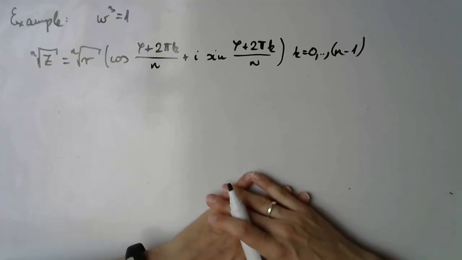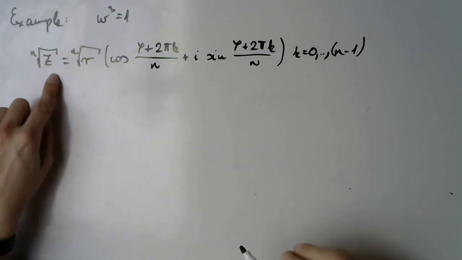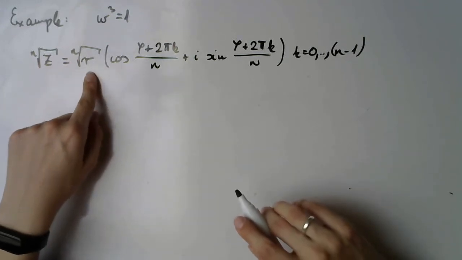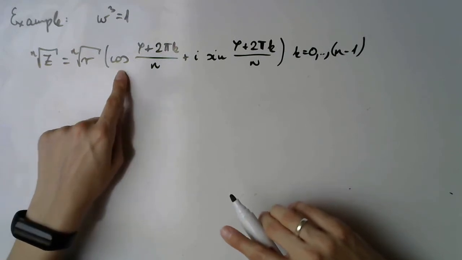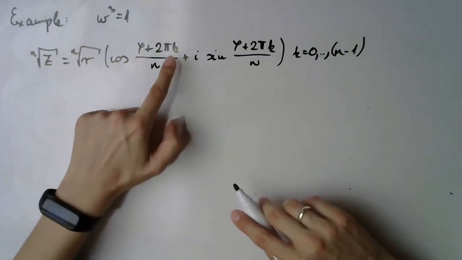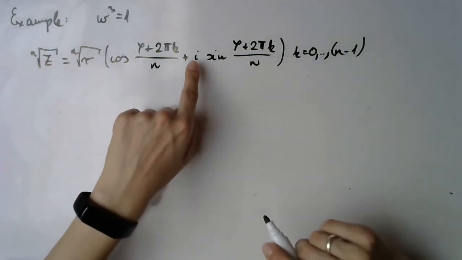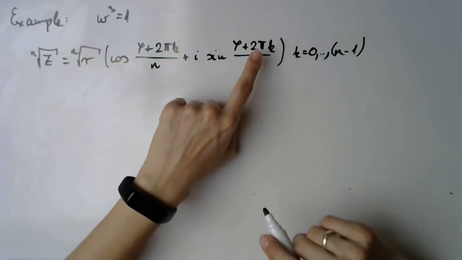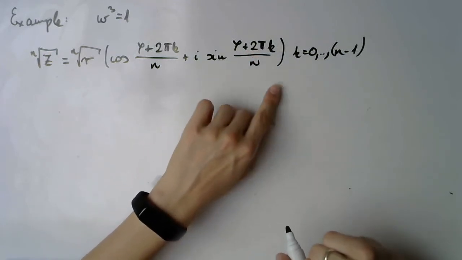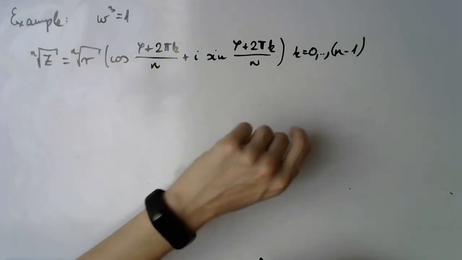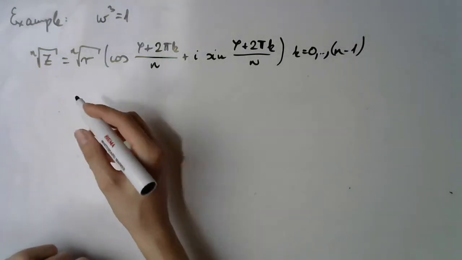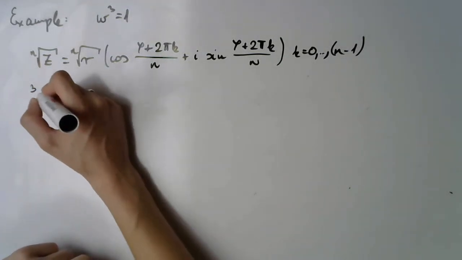The formula, as usual, is the nth root of any complex number can be calculated as the nth root of its modulus times cosine of phi, which is the argument, plus 2 pi times k divided by n, plus i sine of phi plus 2 pi k divided by n, where k is an integer between 0 and n minus 1. In this particular case, we are calculating the cubic root of 1,